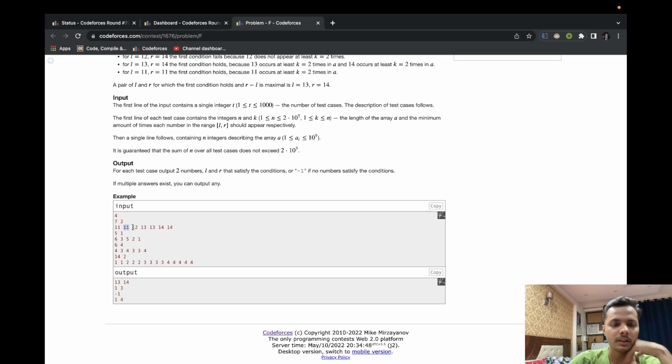But if that is not the case, if A of I is not equal to A of I plus 1, then what happens? Then we have the value of r for I plus 1. Okay. The only difference between these two is the element A of I.